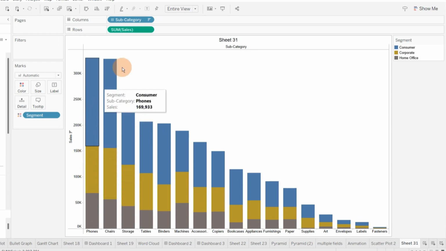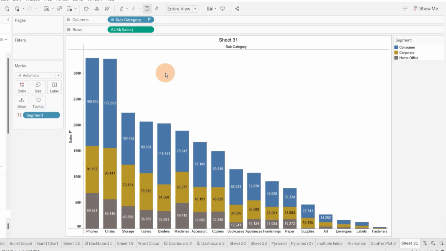Through this stacked bar chart, we are able to visualize our third categorical field, and I am able to see what the segment contribution is in the whole subcategory. So this is called a stacked bar chart. Now let's turn on the labels for this stacked bar chart.